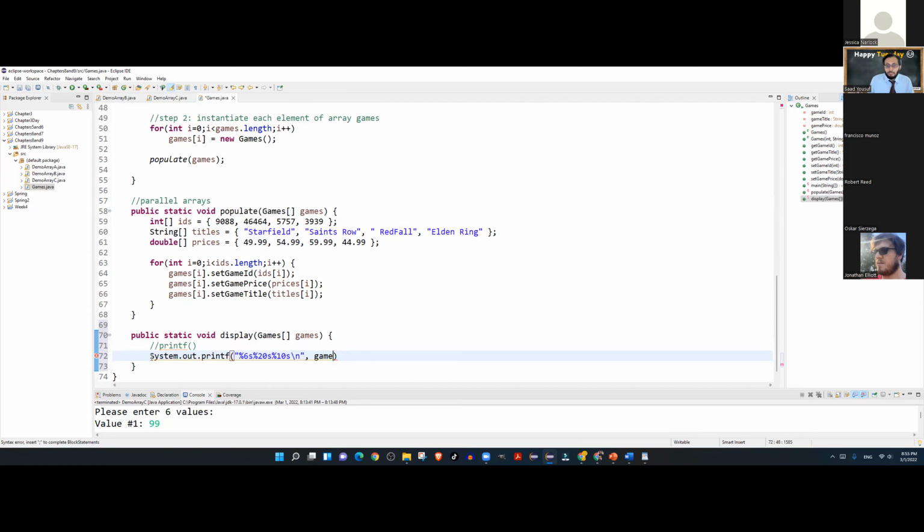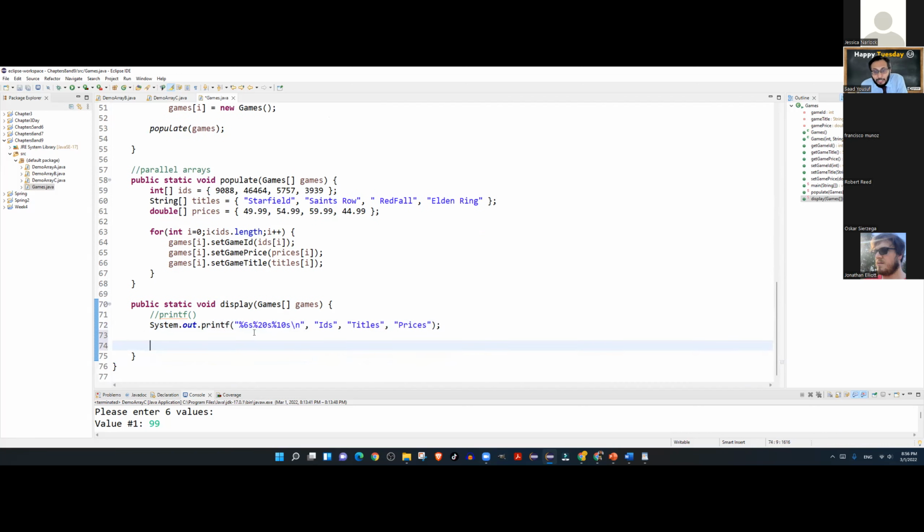So it doesn't automatically create a new line on every printf. And now you can start giving the 3 column headings. I want the first one to be IDs. I want the second one to be titles. And I want the next one to be prices. So like that, during runtime, it replaces the first %6s with IDs, replaces the second %20s with titles, and replaces the third one with prices.